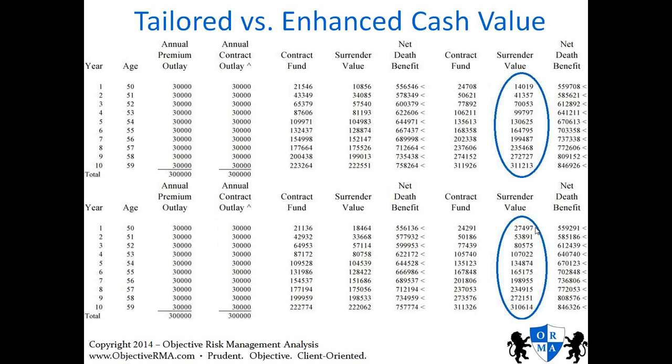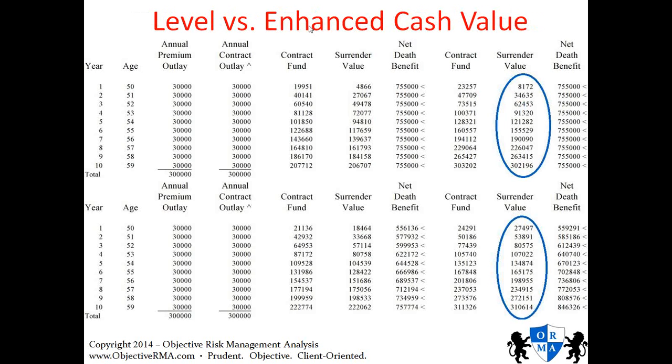So if you have second thoughts or cold feet about moving forward with this, or if you decide that in a couple of years the initial illustration was much different than what's actually happening, and you say, I want to get out of this, this enhanced cash value rider will allow you to bail out and still keep much of the premium that you paid in, whereas without that rider, you're going to pay some pretty steep surrender charges. And when you look at the level approach versus the tailored approach, you can see that the $30,000 premium is now reduced to only having access to $8,000. So how you structure your insurance from the get-go plays a large part in how that insurance is going to perform.